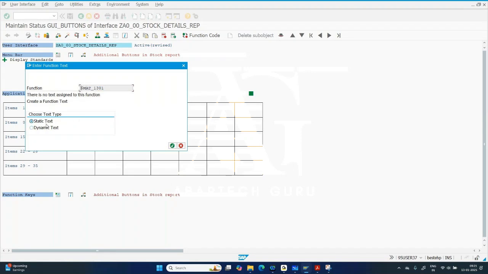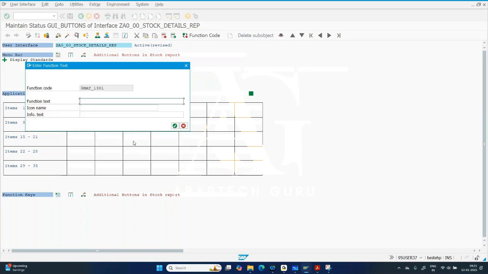Static means the text will remain fixed. Dynamic means it will be changed. But we wanted to provide the static text. Click on enter. Now it's asking, whatever the button you are creating, what is the description for this? I want to update